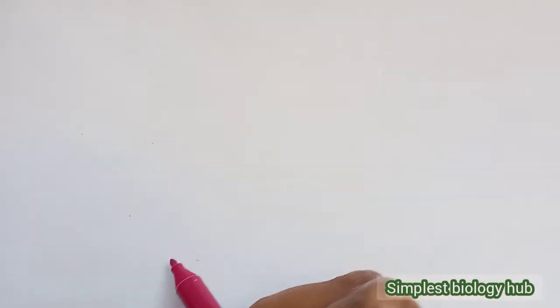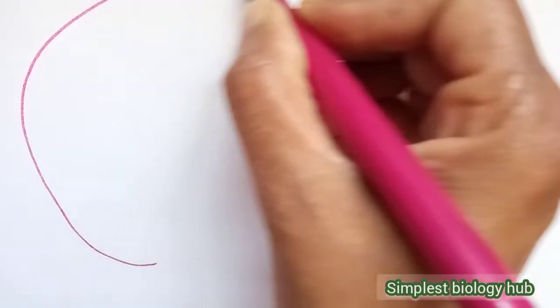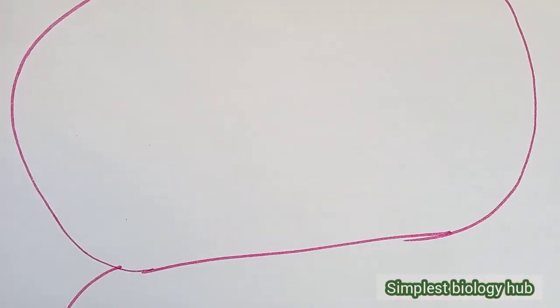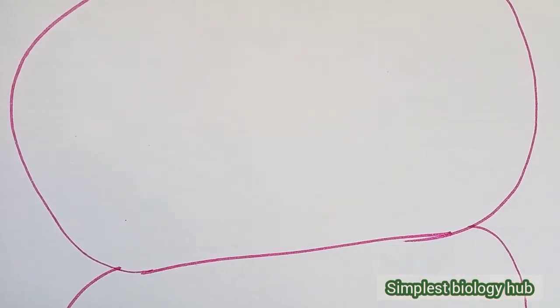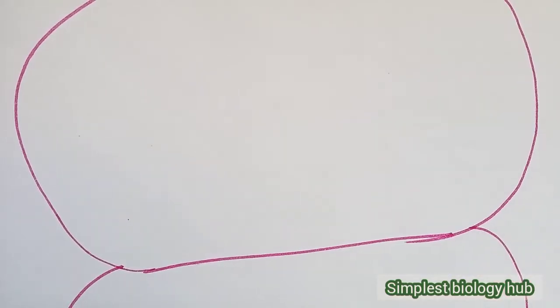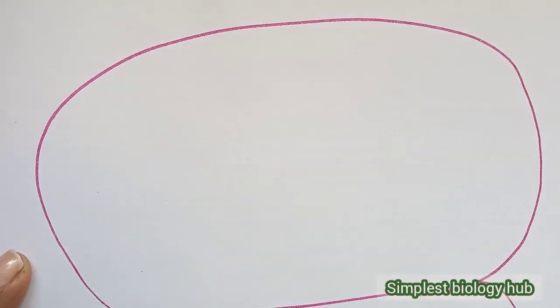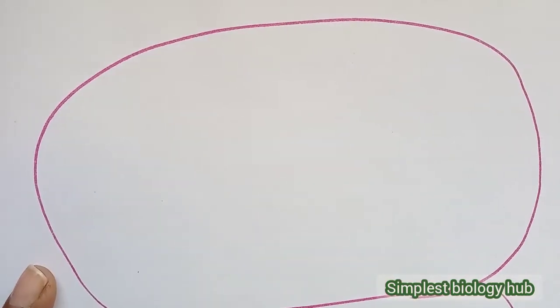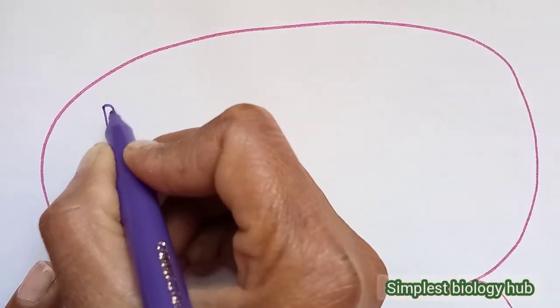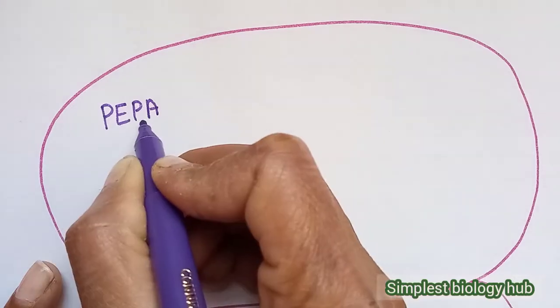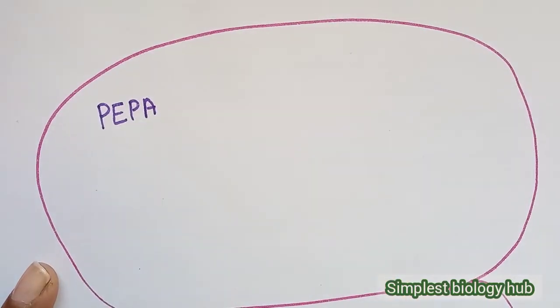The photosynthesis process is completed in two types of cells. The first is the mesophyll cells and the second is the bundle sheath cells. Actually, the process of the Calvin cycle runs in the bundle sheath cell. So we draw here the two types of cells. Firstly, we see the mesophyll cells. In mesophyll cells, one enzyme is present that we call PEPA, phosphoenol pyruvic acid, instead of Rubisco.